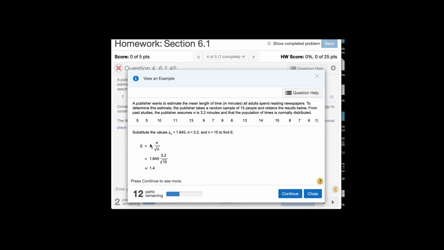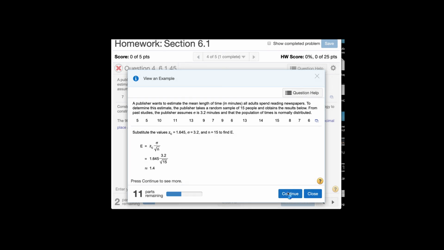We make that positive, otherwise, actually, it is negative. So E is 1.645 times 3.2 divided by root 15, or 1.14. So now that we have this value,